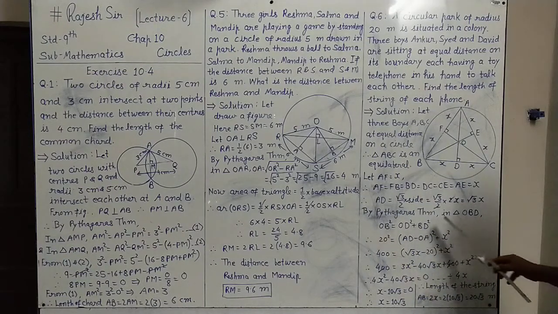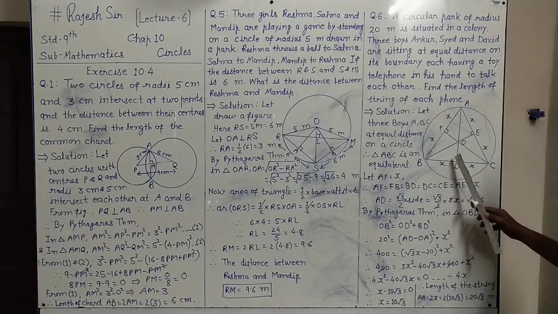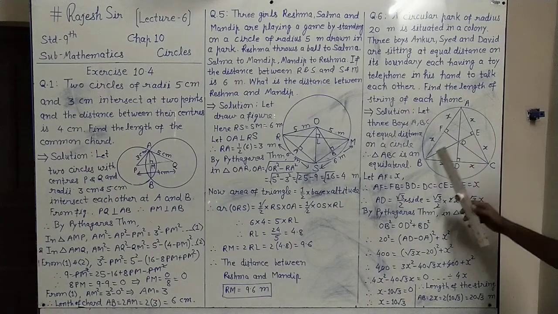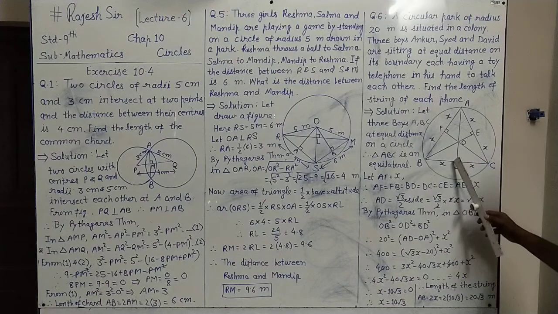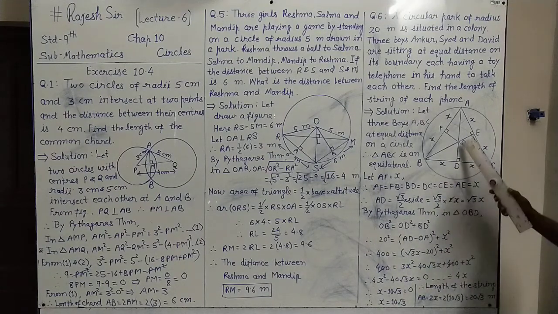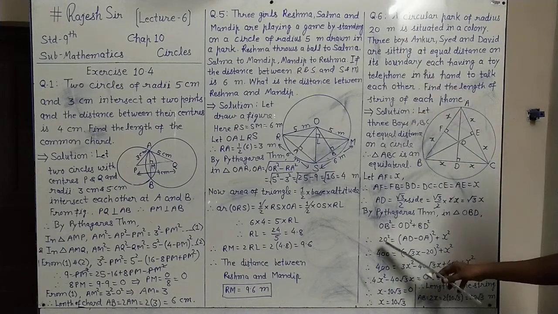Now by Pythagoras theorem in triangle OBD, this small triangle in which D is 90 degrees, hypotenuse square equals the sum of the squares of the other two sides. So OB square equals OD square plus BD square. Now OB is the radius of the circle and it is 20. So 20 square equals